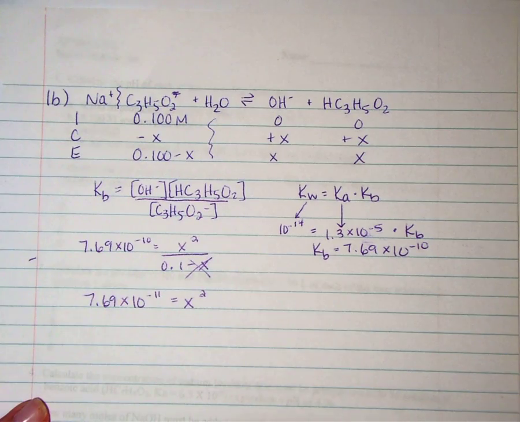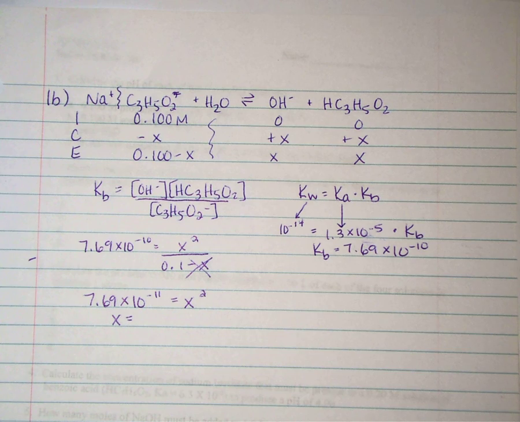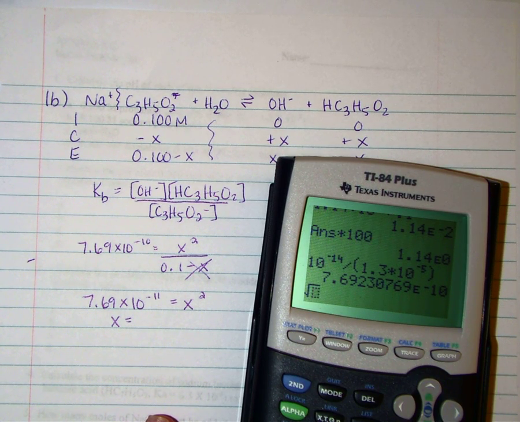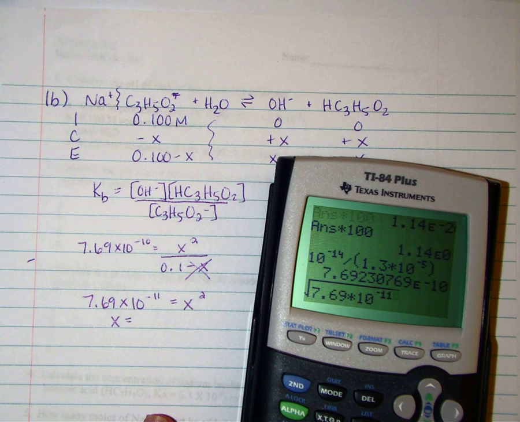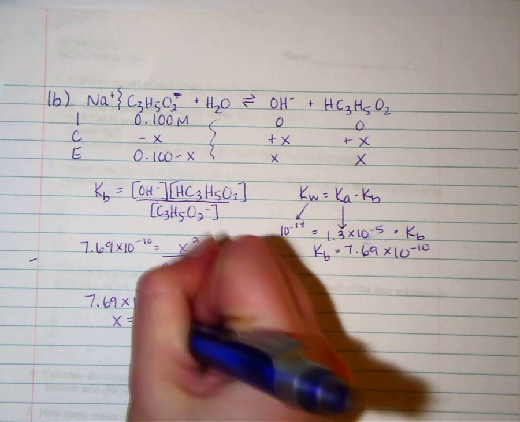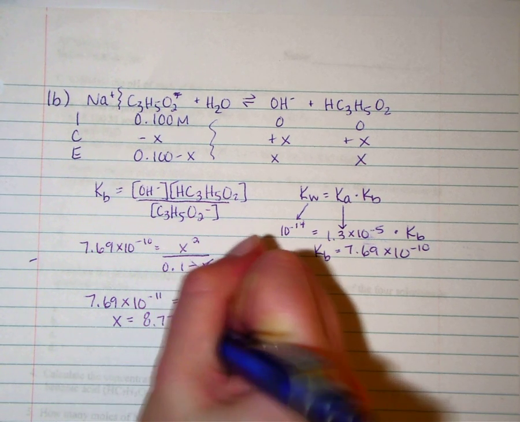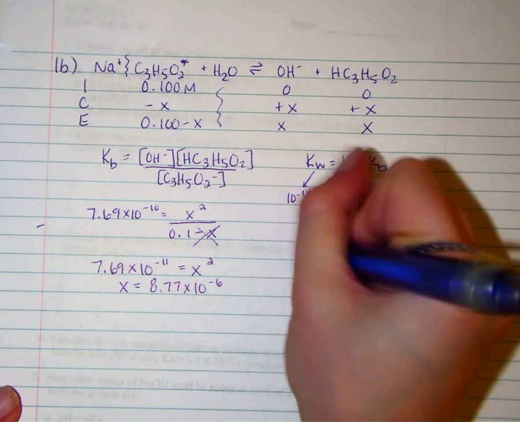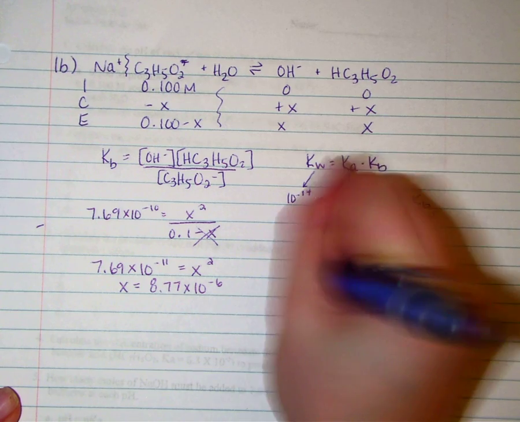Then I'm going to take the square root of that, and you can do that right now in your calculator. Square root of 7.69 times 10 to the negative 11th. And I get 8.77 times 10 to the negative 6. So again, a totally separate problem. This is just me checking to make sure that this ignoring